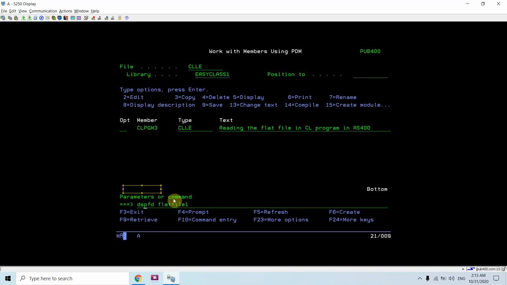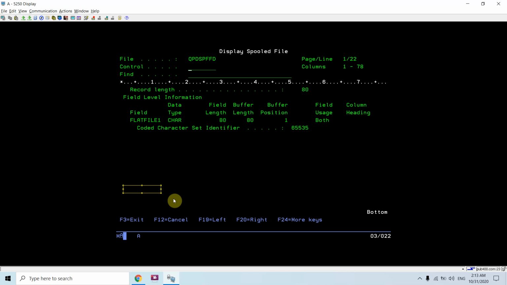Okay, so if I do DSPFFD on this, I can see the field name is also the name of the file, FLATFILE1, and the length would be the default, which is provided in the record length, that is 80, and of type character.